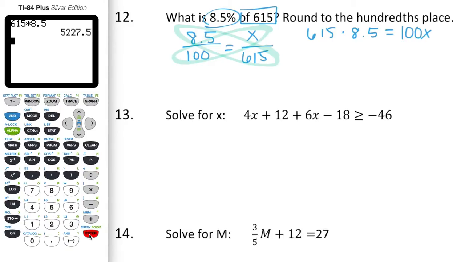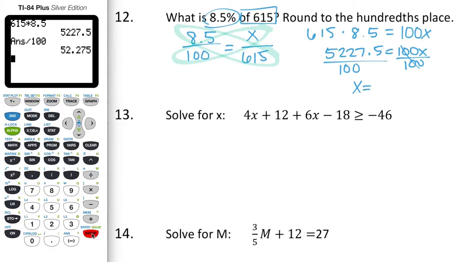And that is 5,227.5 equals 100x. Okay, then we're going to divide both sides by 100. And divide by 100 here. And x equals